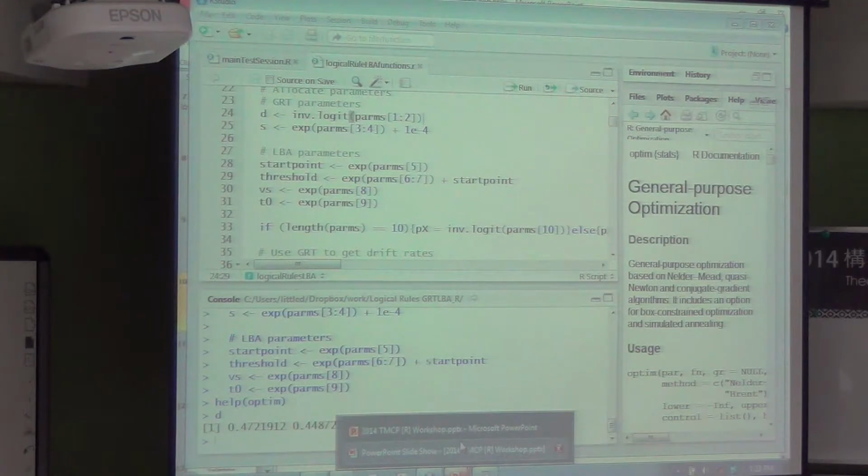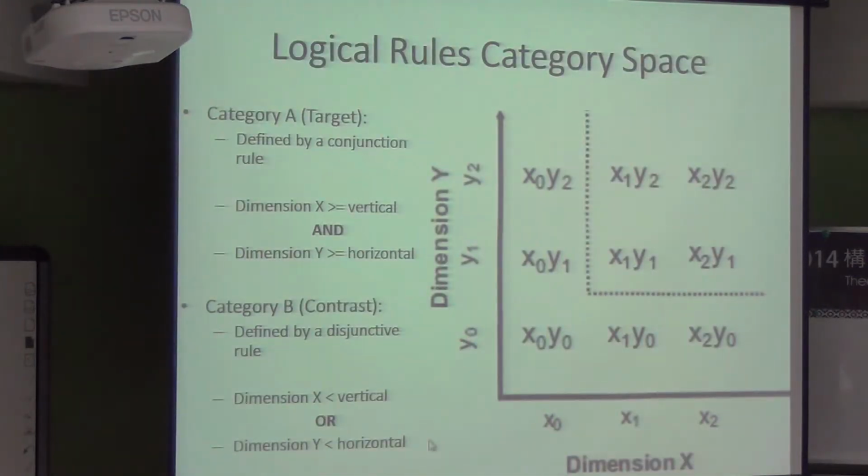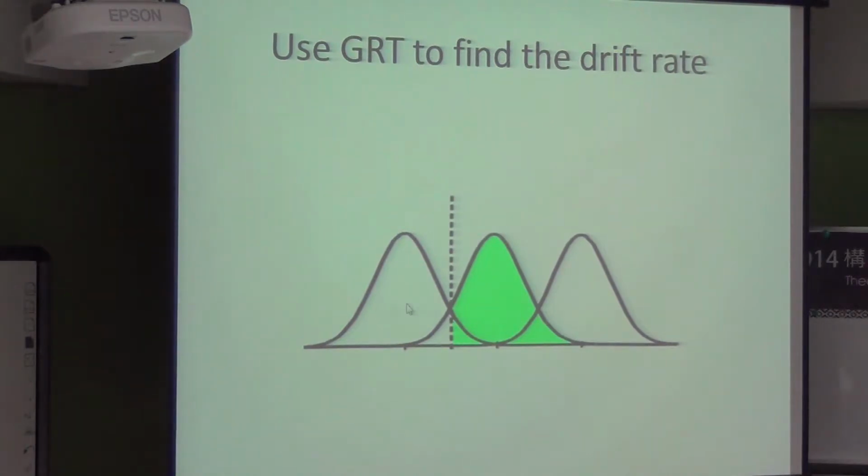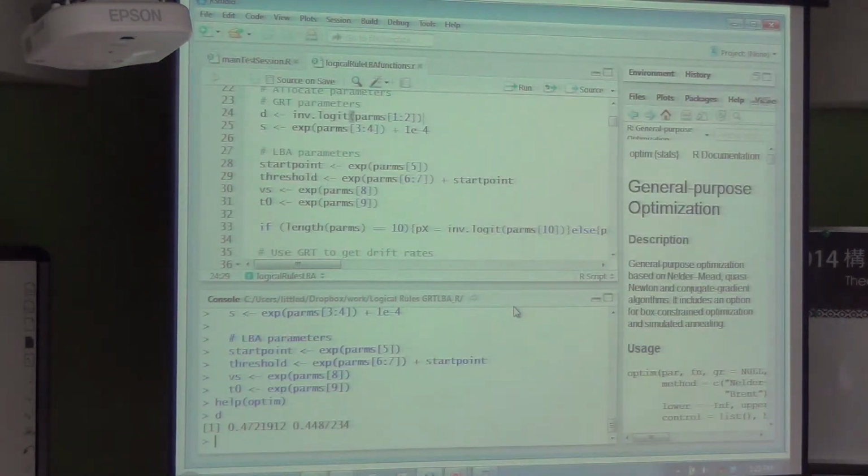Another piece of information that we need is the variability of these distributions. Once we know where this boundary is and we know the means and the variabilities of these distributions, then we can compute the area in both category A and category B to get our drift rate. The variability of those dimensions we're also going to assume is a free parameter.